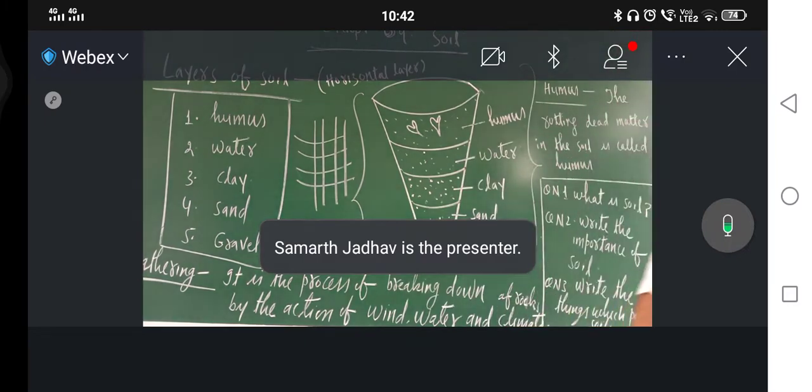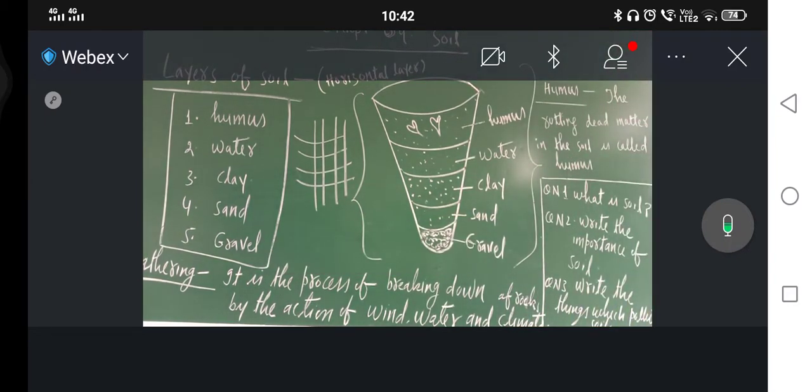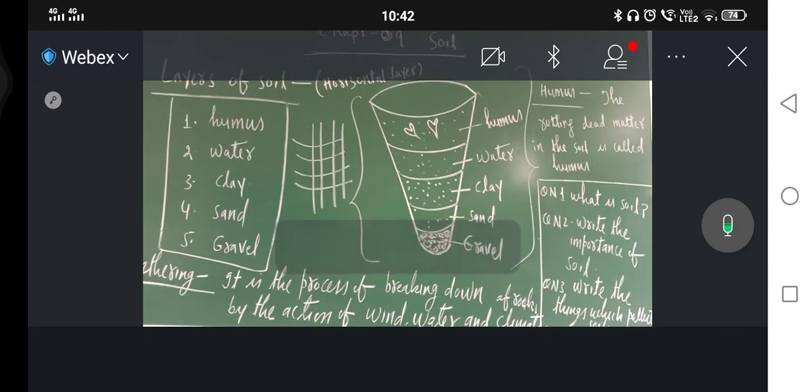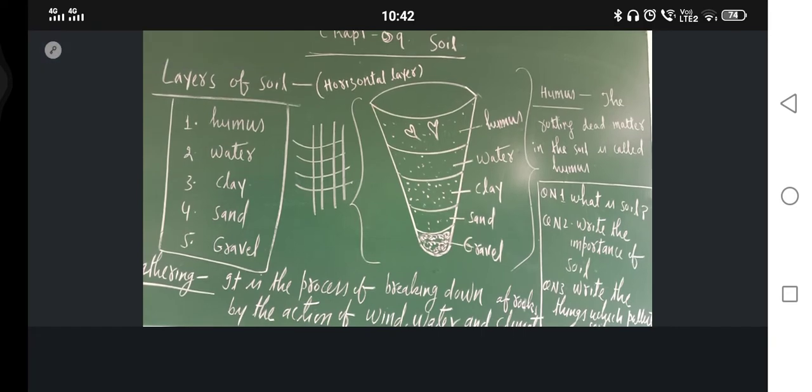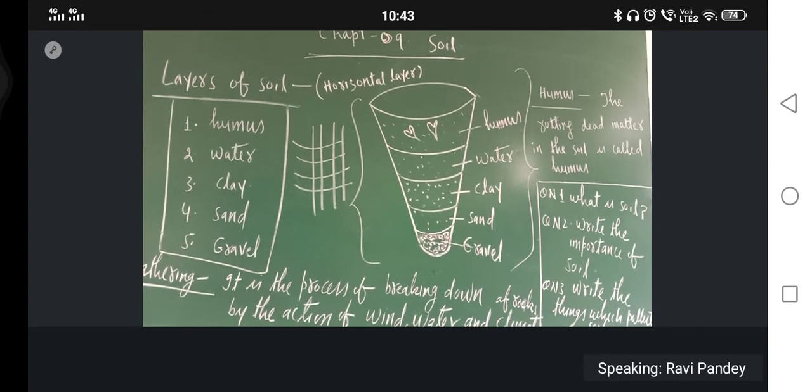You might have heard that in northern India, in the Ganga basin, along the Ganga bank, whatever land or soil is there is very fertile. Why? Always remember, the type of soil depends on the rocks from which it is made. Some soils contain a very fertile humus layer because they are formed from such types of rocks which contain a lot of humus.